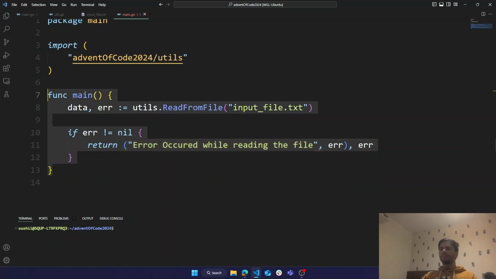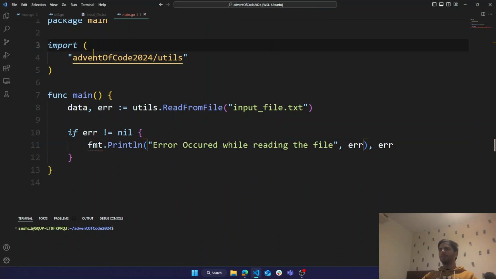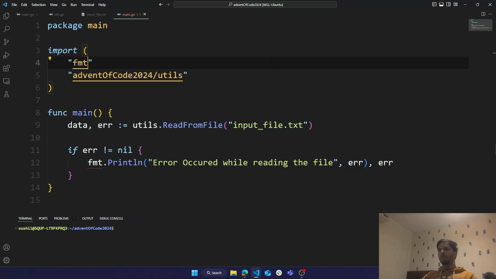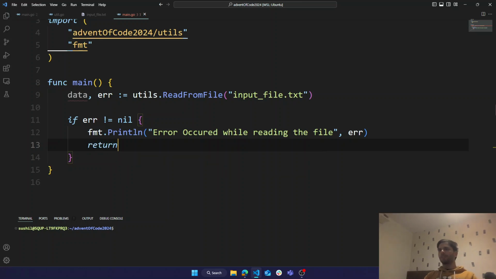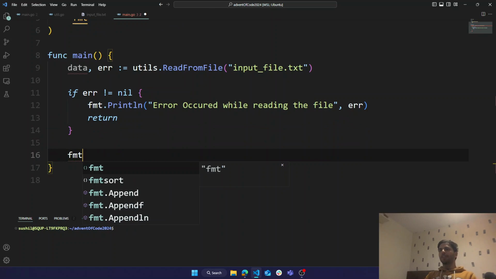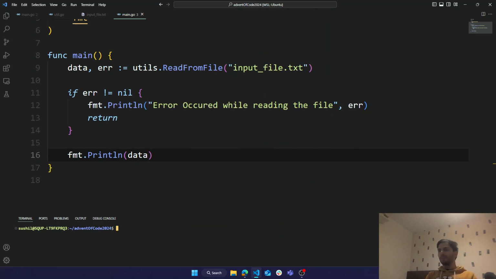Oh man, let me just figure this out. Okay, let me print the data just to see that it's working, but probably there is an issue, like there always is.